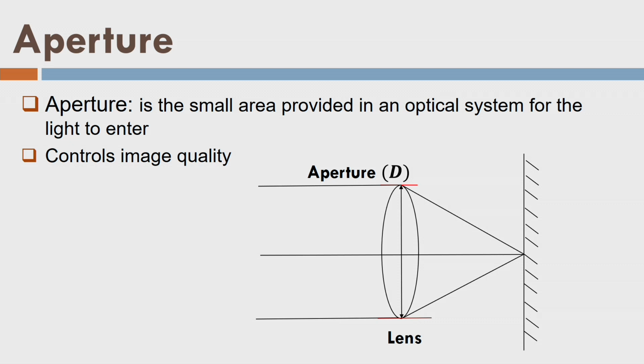Now coming to the aperture, what is aperture? If you look at the camera carefully, there should be a small hole that allows the light to get into the camera system, and that hole is called aperture. The larger the aperture, more light will go into that camera and it will create bright images. If the aperture is completely closed, no light will go. If the aperture is open slightly, minimum light will go, and so it controls the image quality, or rather the illumination on the image.